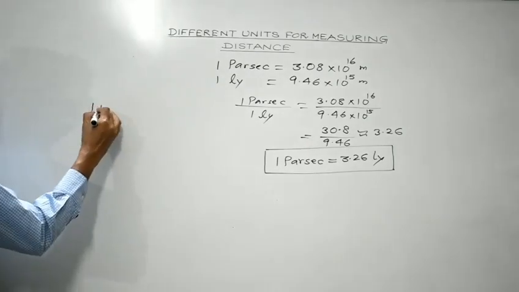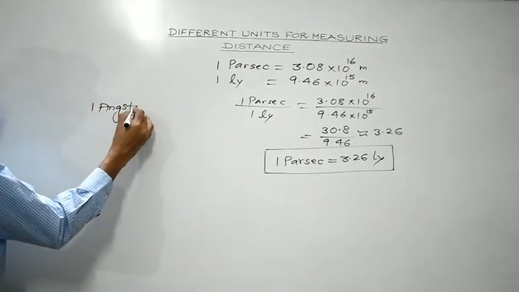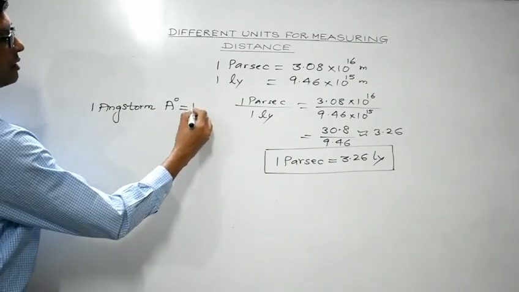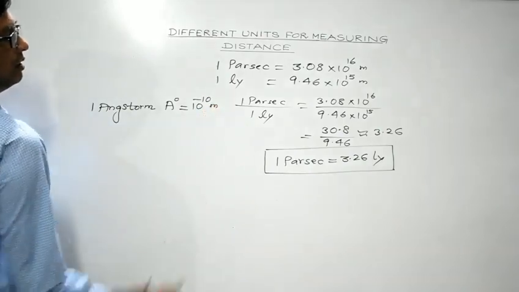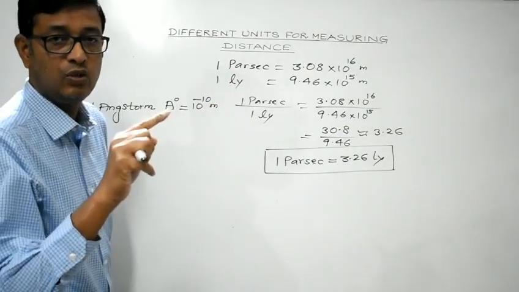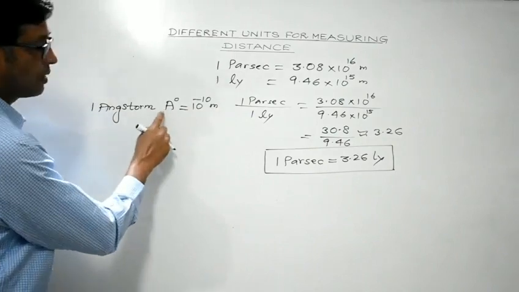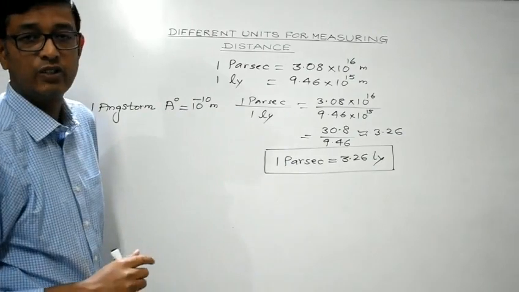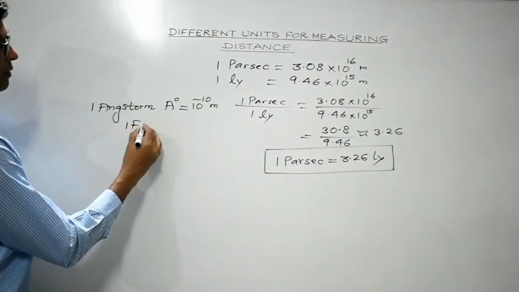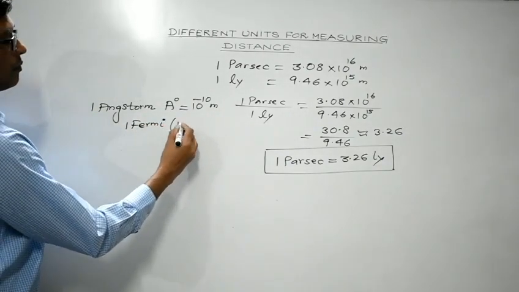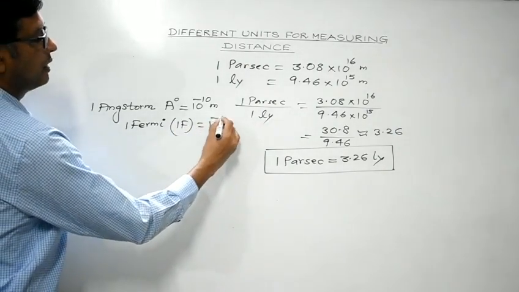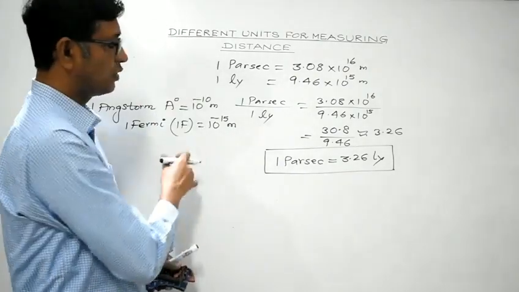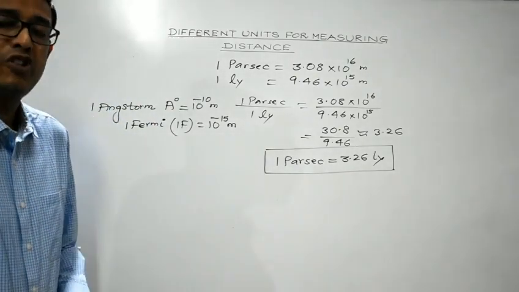So, Angstrom. It can be written like this. It is 10 raised to the minus 10 meter. Remember AU, capital AU, stands for astronomical unit, and this capital A stands for Angstrom. It is actually the order of the size of an atom, 10 raised to minus 10 meter. Then Fermi, it is 10 raised to minus 15 meter, right? So these are the units which we will be using while measuring extremely